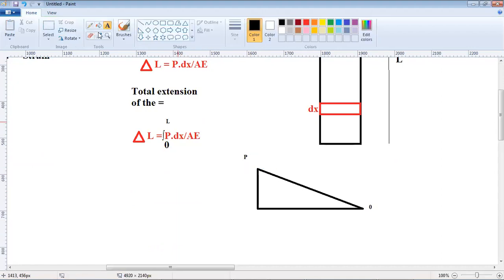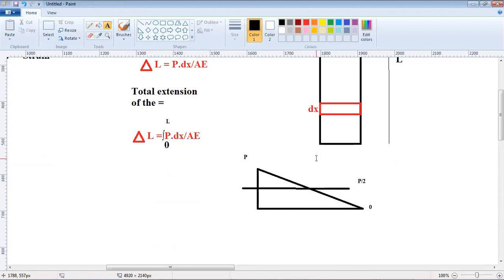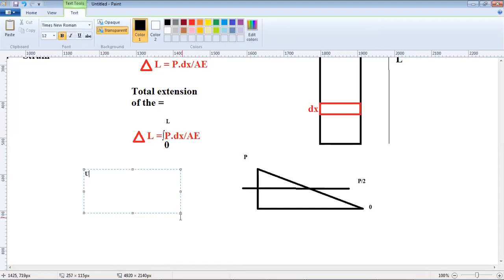So if we take the average of this, you will have at least load P by 2 acting over it. So we can take the average force. Average force is P by 2, under which this is getting displaced, or extension is coming to be delta L. So the actual work done would be, how do we define work done? We define it by U. So U is the work done, would be equal to